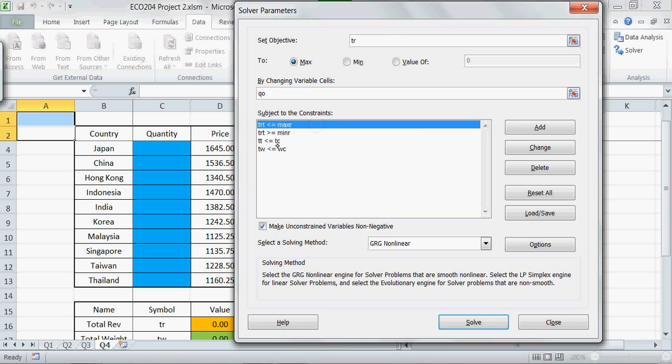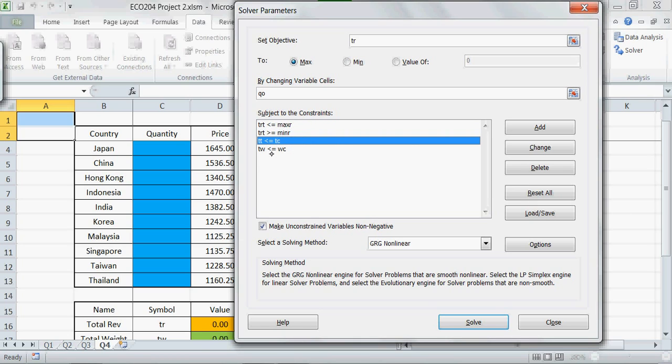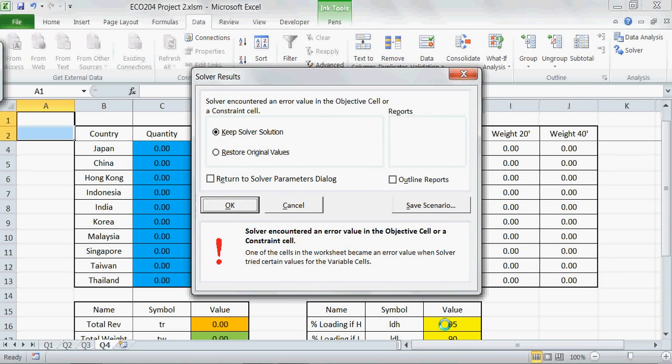And the constraints you want are the total ratio. This is not Toronto. This is total ratio is smaller or equal to the max ratio, greater or equal to the min ratio. And the total TEU is smaller or equal to the TEU constraint, and total weight is smaller or equal to the weight constraint. So after you have all of this, you click solve, then,